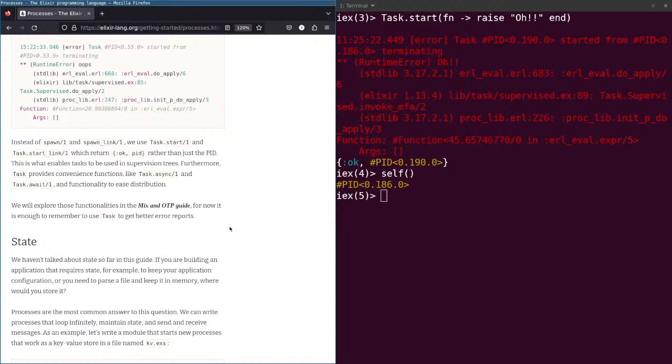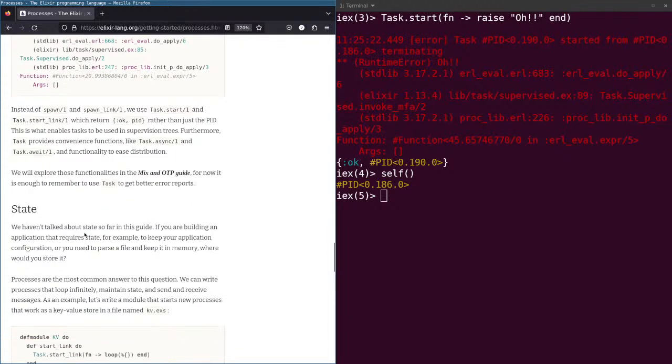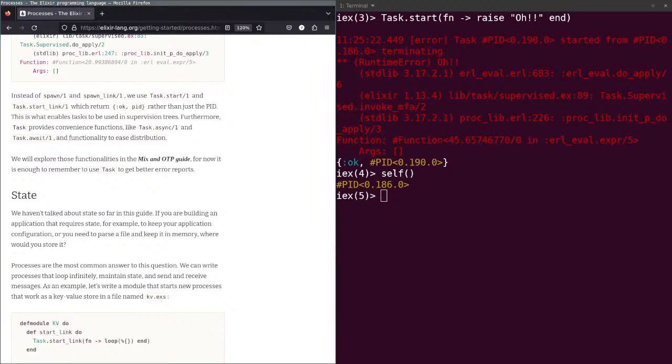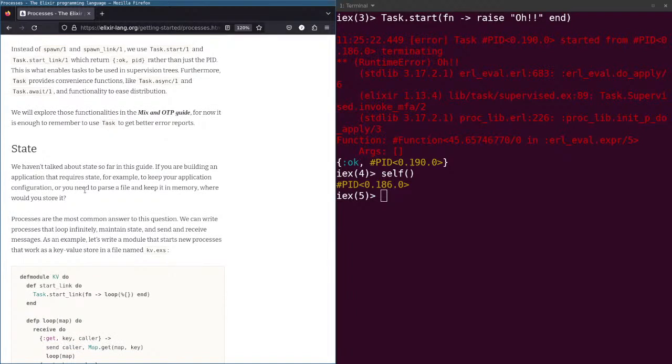Furthermore, tasks provide convenient functions like Task.async and Task.await, and the functionality to ease distribution. We will explore those functionalities in the Mix and OTP guide. For now, it's enough to remember to use tasks to get better error reports.